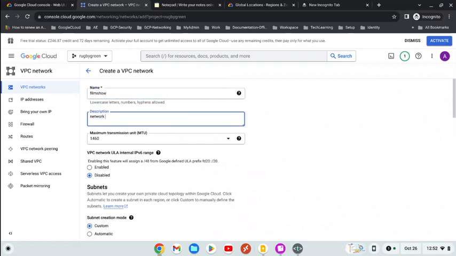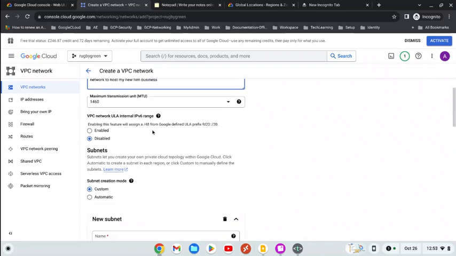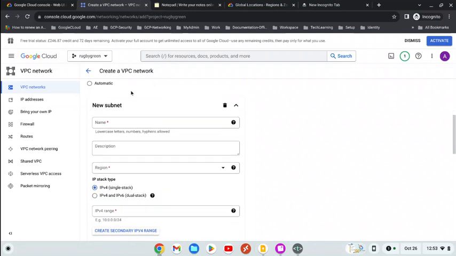Network to host my new film business. Okay. My business, so it's in subnet. So I'm going to create a new subnet. So a subnet will be a portion of your network which is located in a certain part of the world. So if I'm in the UK,